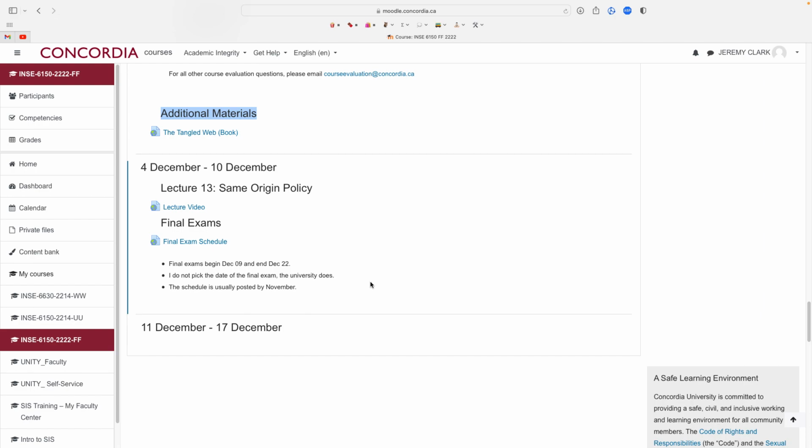But you'll need a pencil for the Scantron form. So your multiple choice, at least my plan right now, maybe I'll change it, is to have you fill out the multiple choice on a form that can get scanned. And they want a pencil. Also, if you do it in pen, you can't change your answer if you decide you want to change it. So bring pencils. I'll have some extra ones if you forget.